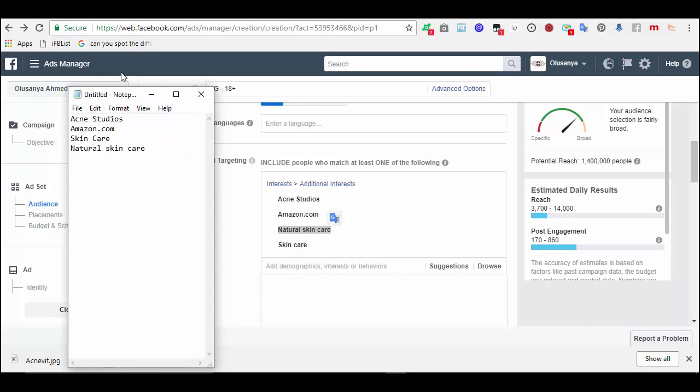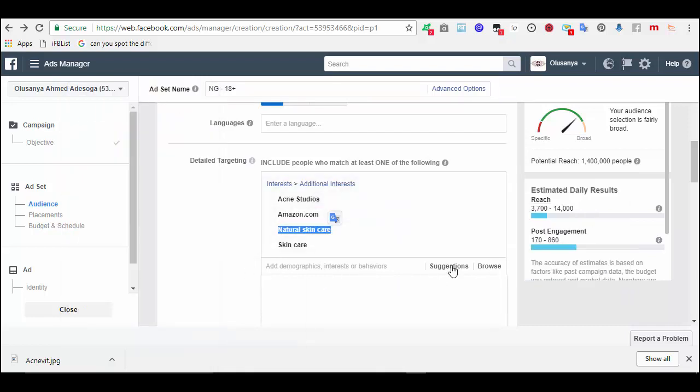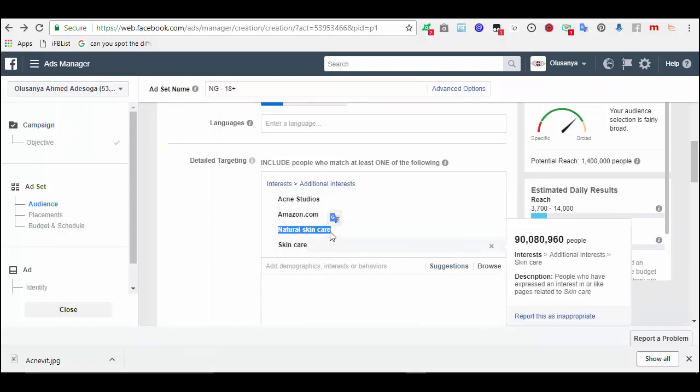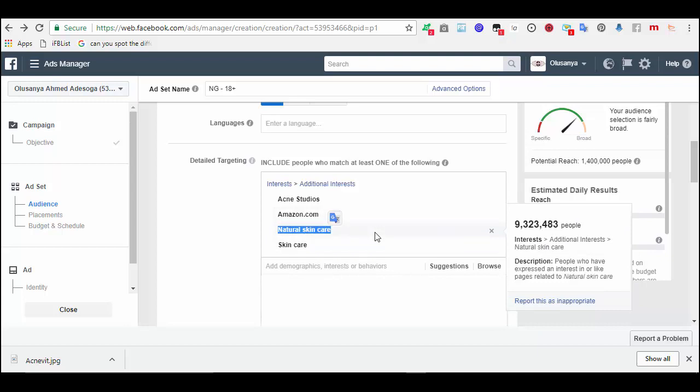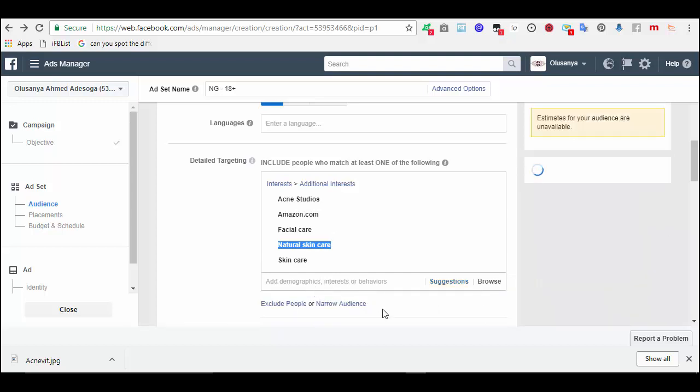Control V. Now, this is what Facebook does for you. So if you have chosen about three of what Facebook understands, you click on suggestions. Can you see it will suggest for you? Beauty and care. Can you see the ones I didn't even take cognizance of? There's facial care, so I will choose facial care.